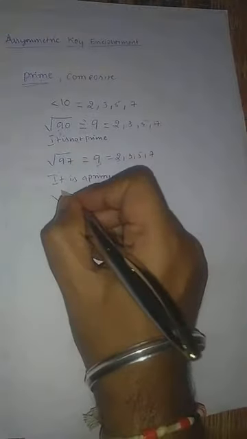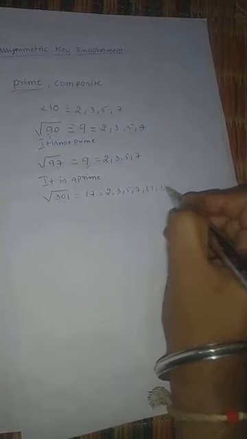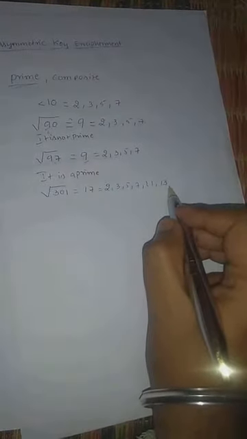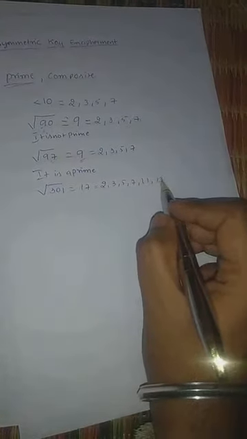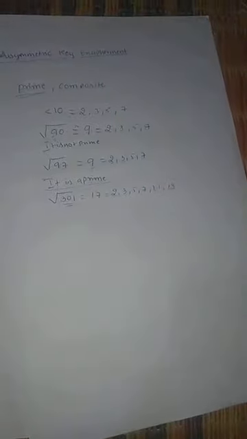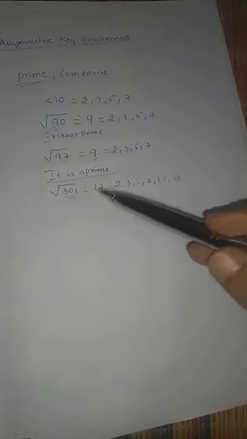I'll give you another example. Square root of 301, we can have 17. We just mention here 2, 3, 5, 7, 11, 13. So these are all the prime numbers. You check whether 301 is divisible by all these, not three numbers, actually there are six numbers. If it is not divisible, then it is a prime number. So it should not be divisible by these given values. This is how we are going to solve a problem of prime.